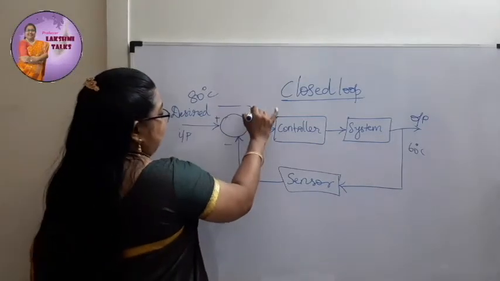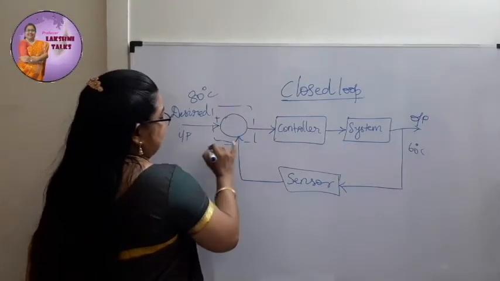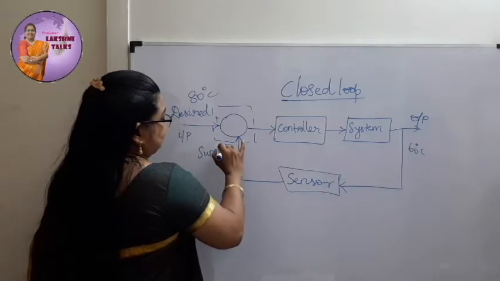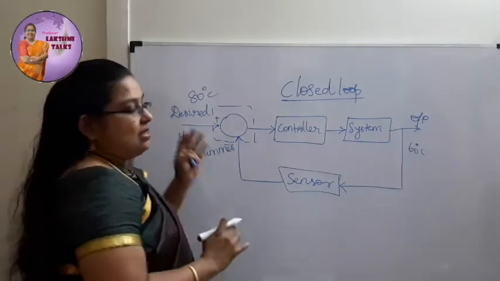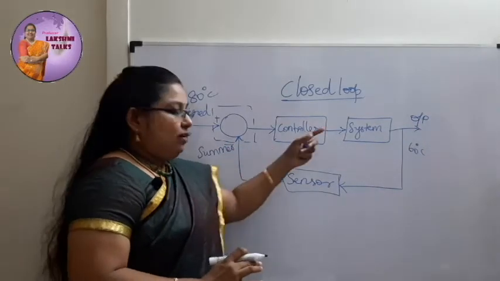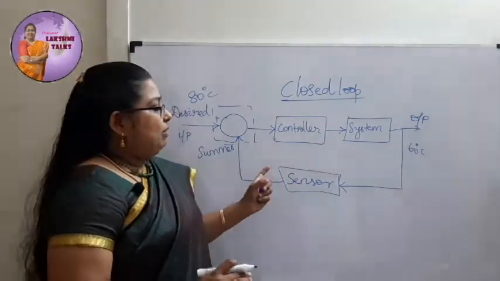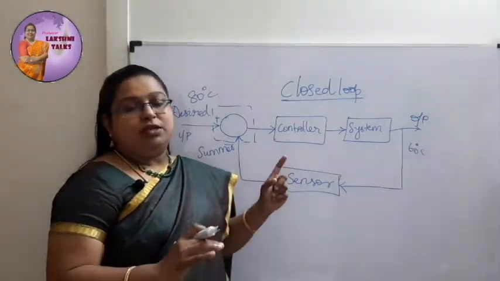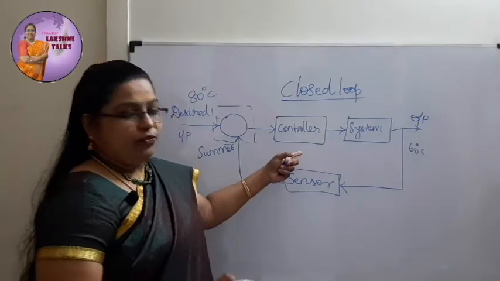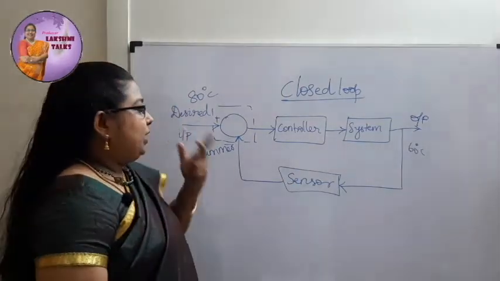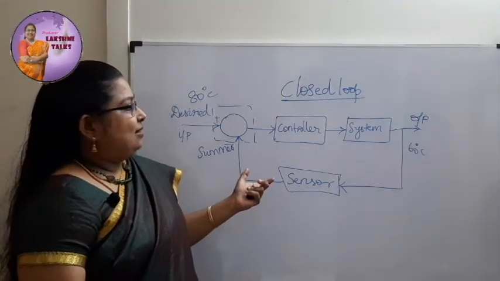This is a summer. This algebraically sums the value, right? So it is taken care of. And apart from that, the stability of the system is also improved in the case of a closed loop control system. Okay,